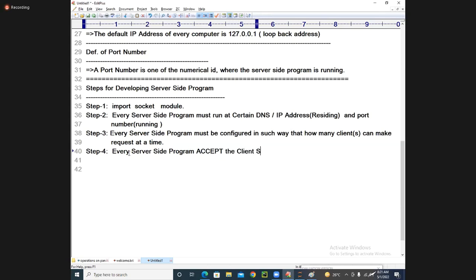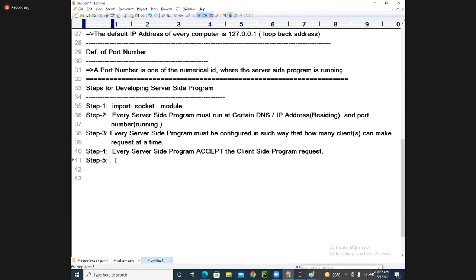After the client-side program request is accepted, step number 5. What is step number 5? After accepting the request,